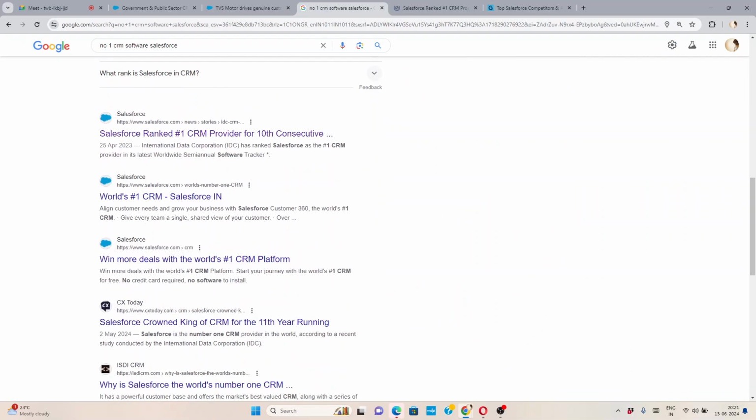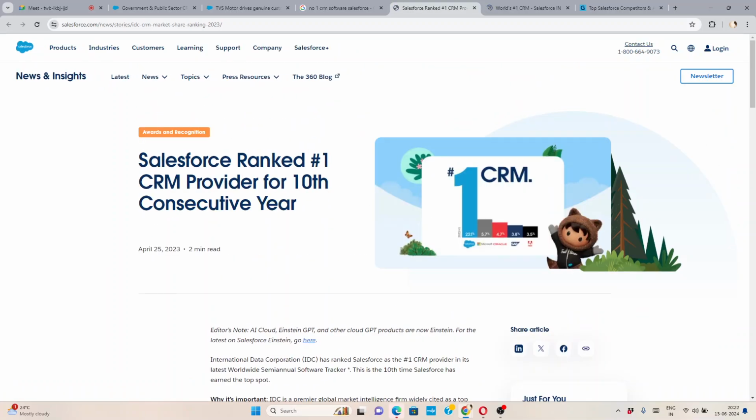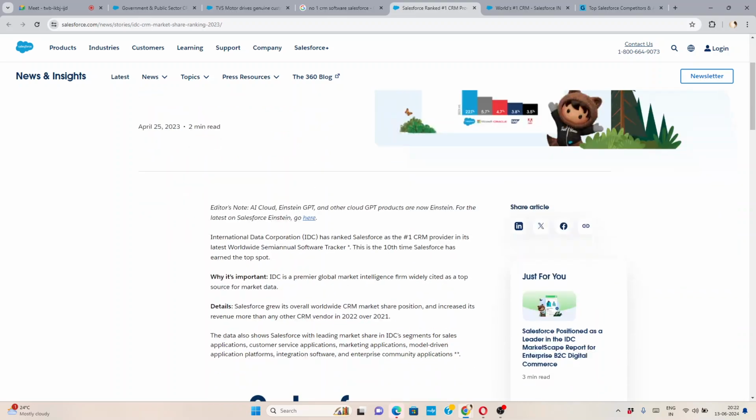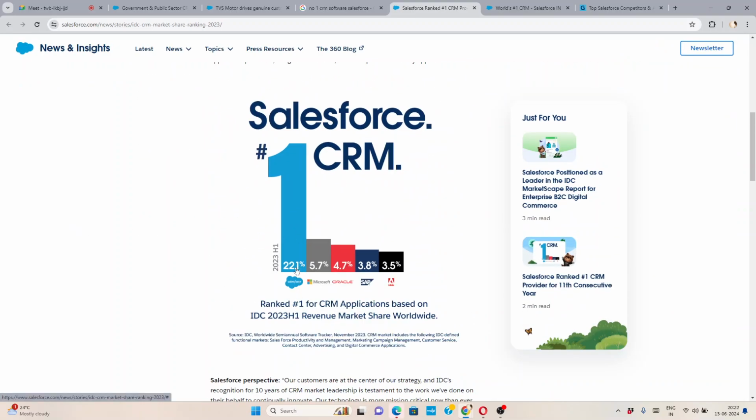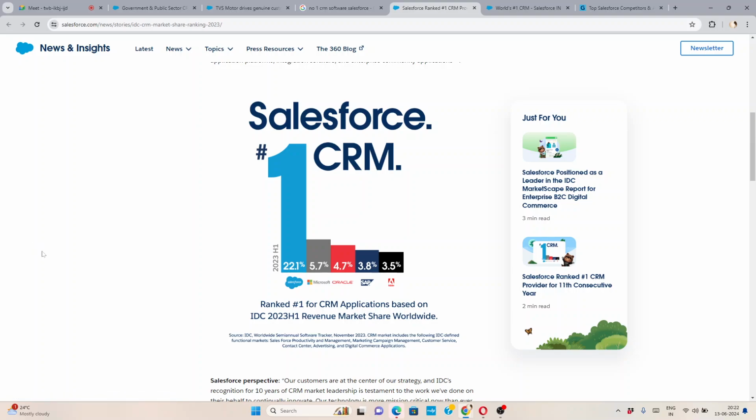Salesforce is the world's number one CRM, and you have so many job opportunities in Salesforce. See, Salesforce ranked number one CRM provider for the 10th consecutive year. For the past 10 years, Salesforce has been number one. It has 22% of the worldwide business market share in CRM applications, whereas the immediate competitor has 5.7% of the market. It's a very huge difference, right? This technology has been ruling the CRM industry for the past 15 years, and they will rule in future also,